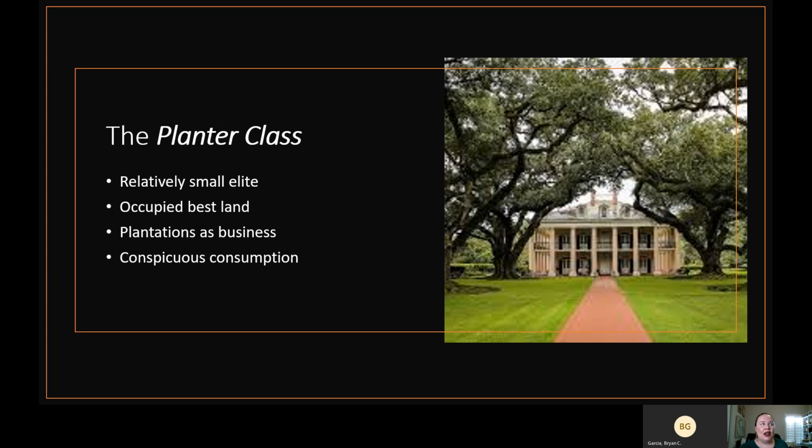And of the people that had more than 20 slaves, an even smaller number had more than 100 slaves. Only about 2,000 people had these very large plantations with a large number of slaves. So these guys are really the very small elite of the South. Their influence is interesting, despite the fact that they are a small population within the South.